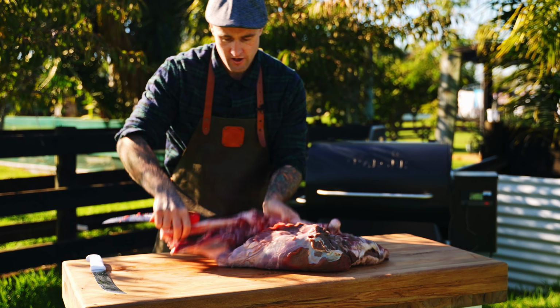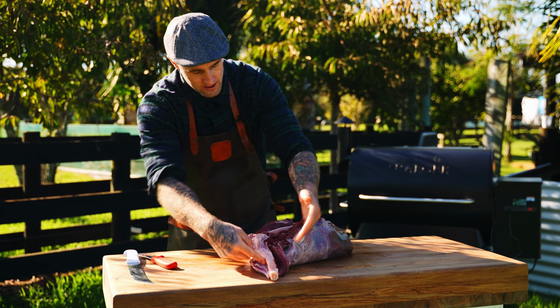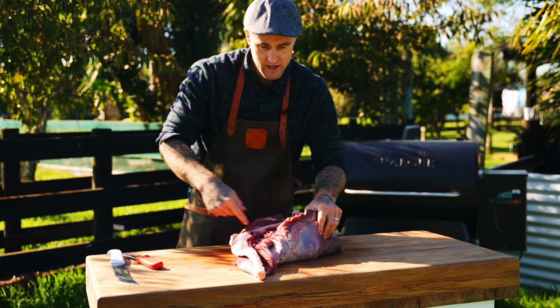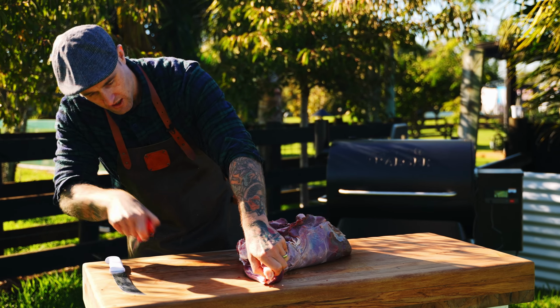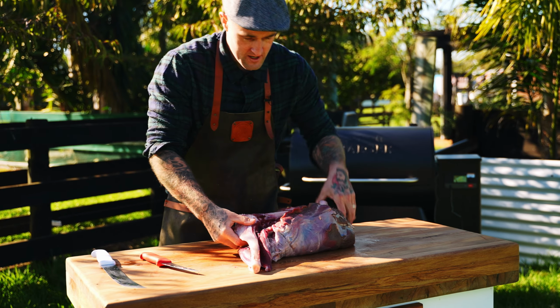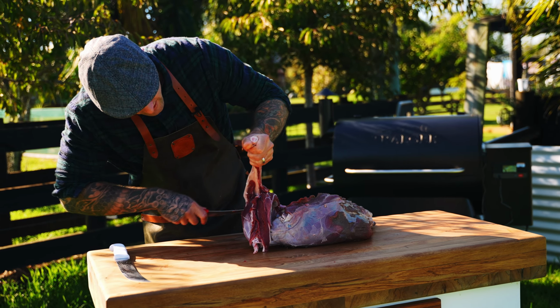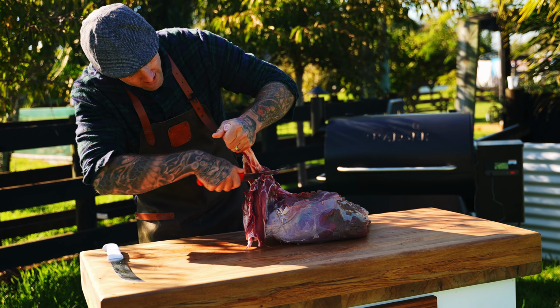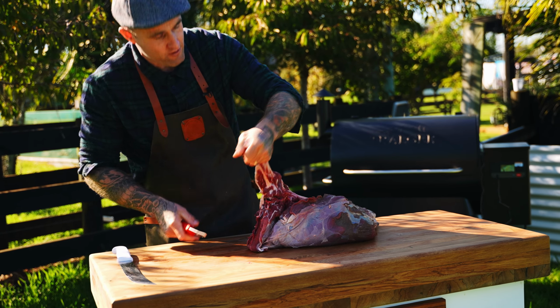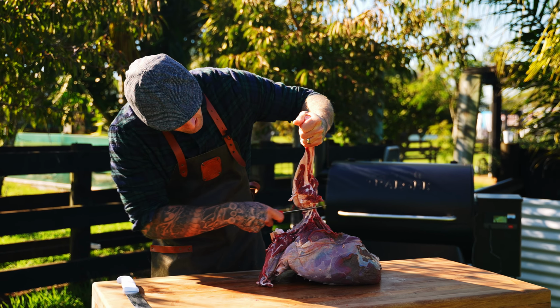Awesome. So at this point, we've cleared both sides. Now we can see we've just got the stuff on the back. So what I like to do, as you can see, I've kind of already started to take that meat off the back of the bone, but I just grab the bottom of that shank and I basically just work my way down it, and I let gravity do its job. I'm pulling that bone up, so as I'm cutting, the meat is just falling away,